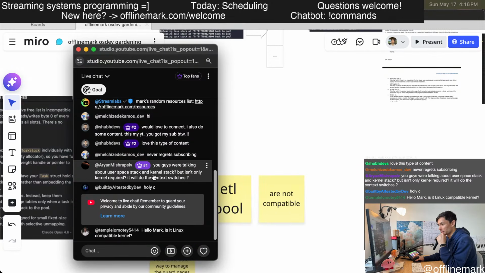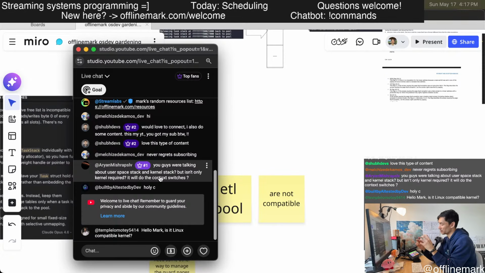From my perspective, the scheduler only switches between tasks that are running in the kernel. And so if a user space task needs to get scheduled out for some reason, that's going to happen in one of two ways. The first way is a timer interrupt that's going to forcibly take the user space task off of the CPU. The timer interrupt enters kernel space, and that's the state where we can freeze the task and then resume it later. So that will be in kernel mode.